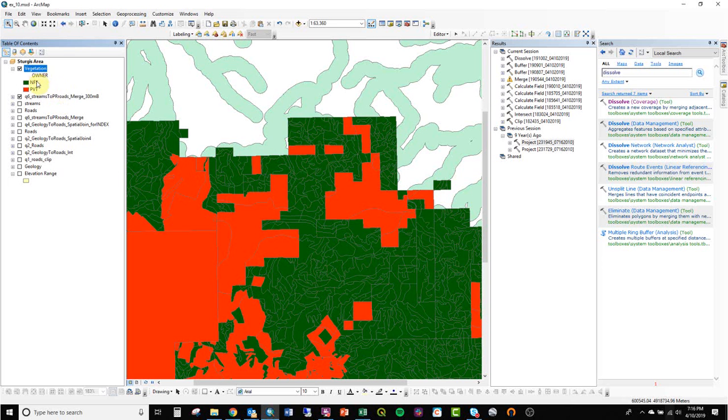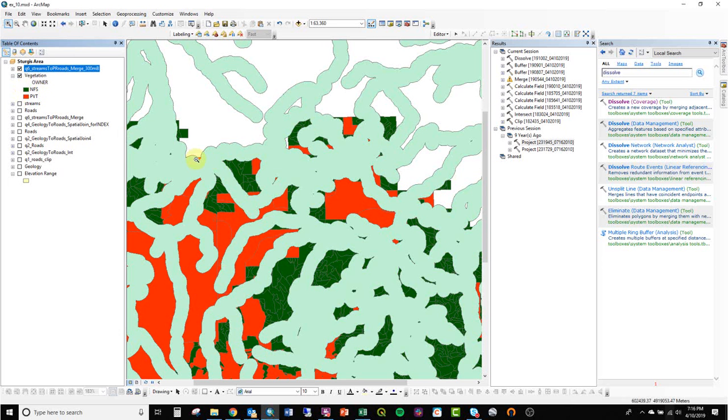So what we need is a map that shows the places where basically the NFS, the green stuff, intersects with the buffer, and then the red stuff intersects with the buffer. But that buffer is around all the roads, not just the roads that are near the streams. I know, but I think this was the. It doesn't matter. Whatever polygon you had, if you did it right on the next step, I'll be able to tell, and it's fine. So whatever you did, you had a polygon in the previous step, right? And Kayla's has 300 feet, and that's fine as well. Oh my gosh. All right. Well, anyway,